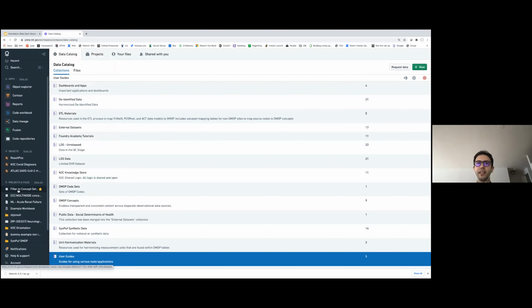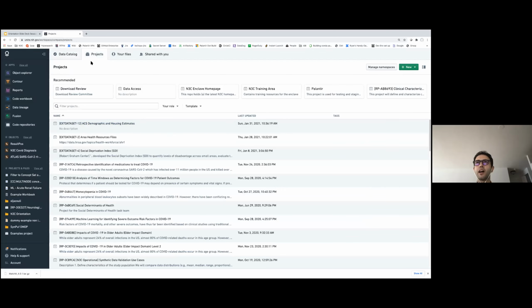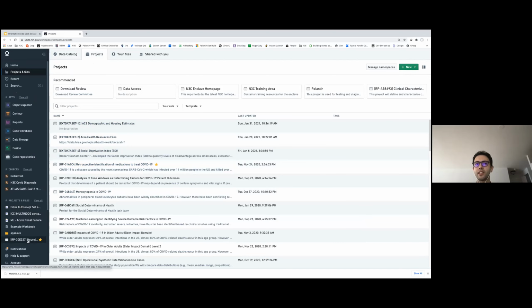And lastly, here you can see all the resources, data sets, or folders that you put as favorites. So for quick access, you can access them in there. For example, if I'm on my project files, and let's say I have access to this research project, I can make it a favorite, and it will show up in my bar in here, and I can access it from here. So as you can see, it's in here, and I can open it from here.